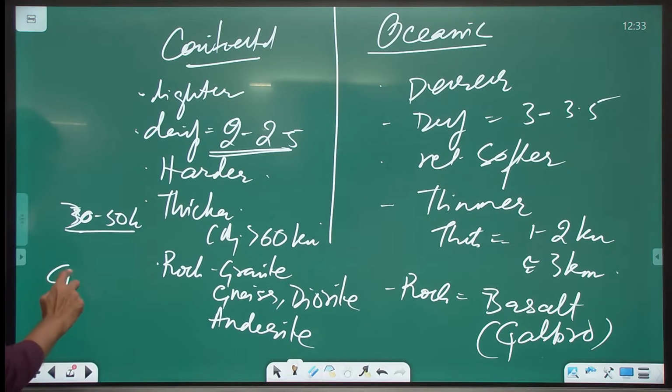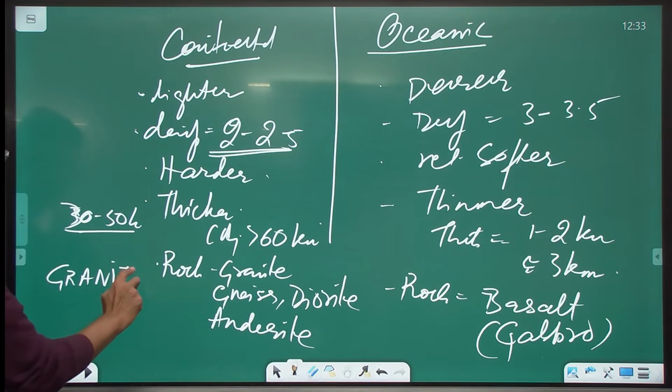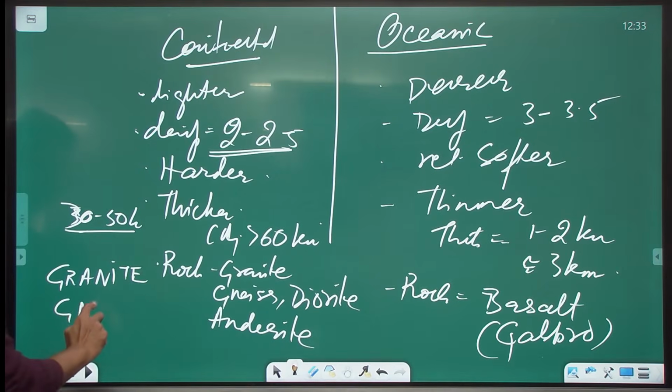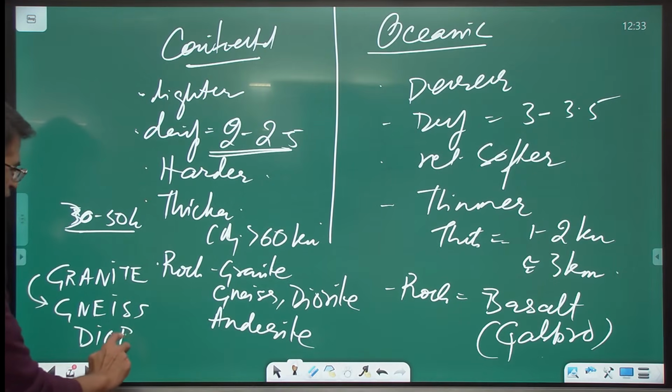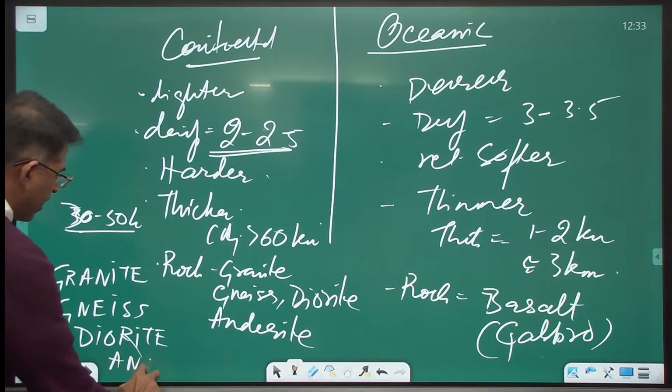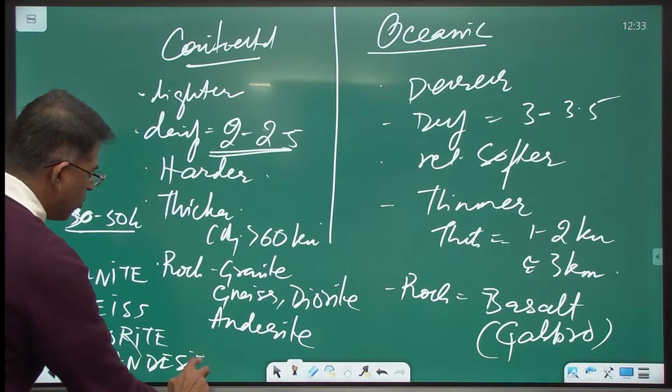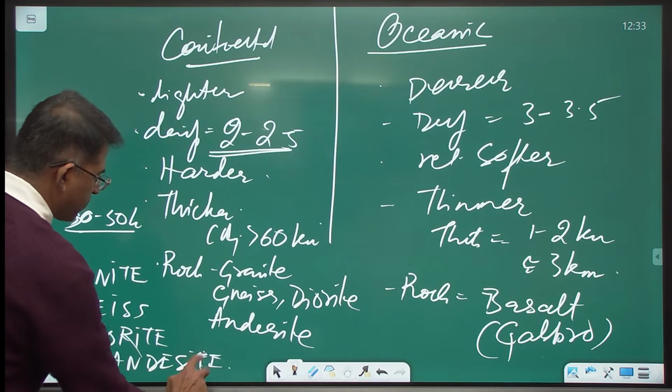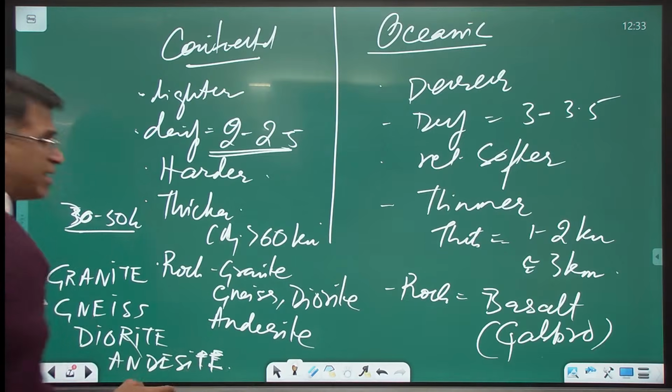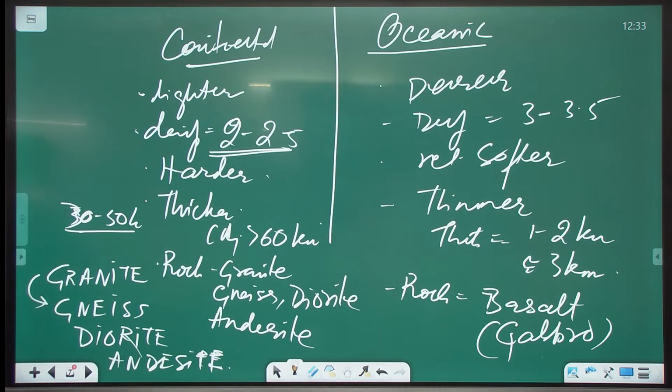I'm sure you all have heard about some of these rocks. A granite rock hai, एक gneiss essentially is a metamorphosed form of granite. Gneiss rocks hain. A very important rock called as diorite. It's a very hard rock. It makes up the landforms of the interiors of the crust. Diorite. एक andesite rock hai. Andesite rocks are one type of volcanic rocks that make up islands like Andaman Nicobar Islands, andesitic rocks.